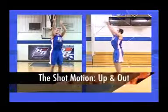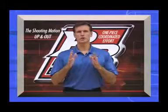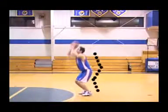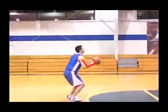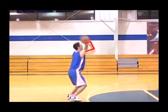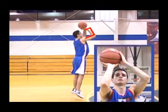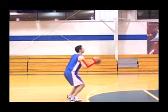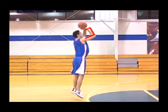The shot motion, up and out. The shooting motion is a one-piece coordinated effort. As your body uncoils, the ball travels up the shot line. Your wrists and elbows remain in their 90-degree position until you sight the goal between your forearms. In other words, keep the two 90-degree angles in your wrist and elbows until the ball moves above your eye